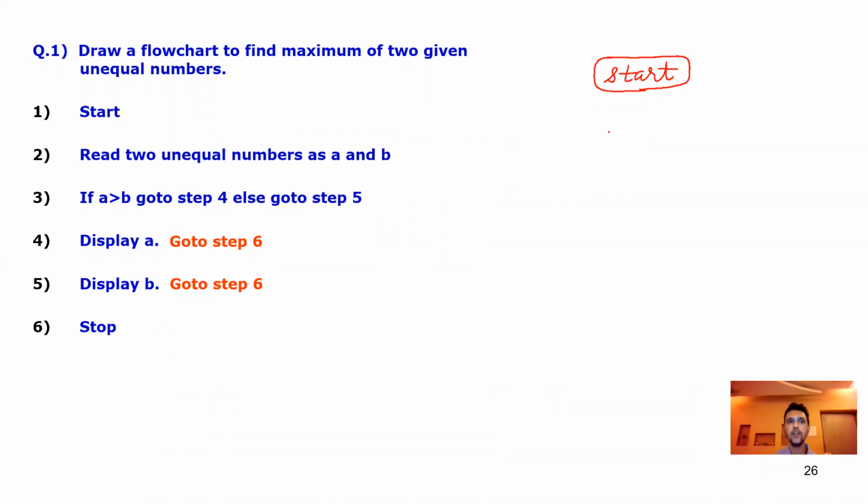In flowchart terminology, what is step number 2 called? Input. Very good. In flowchart terminology, step number 2 is input, and input is always given in which symbol? Yes. So inside a parallelogram,